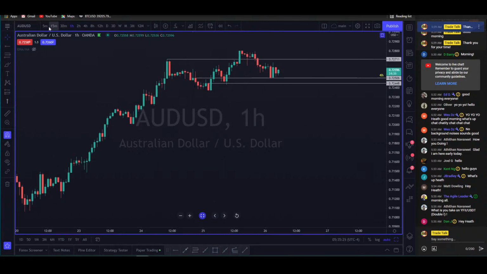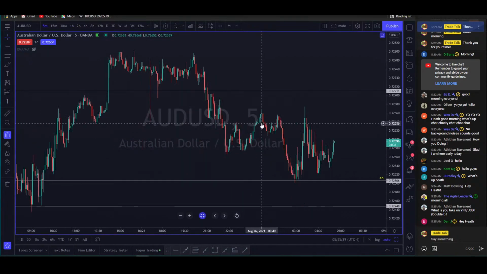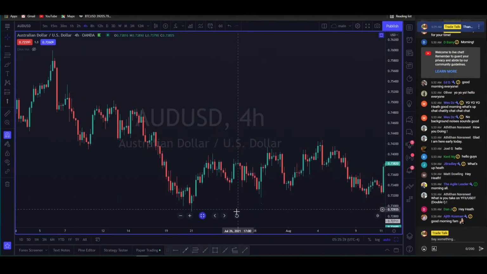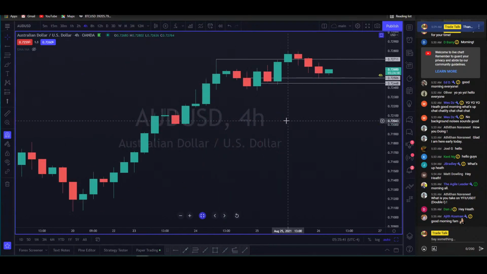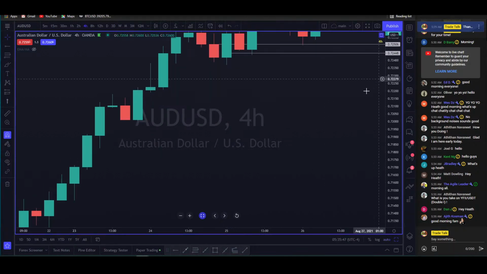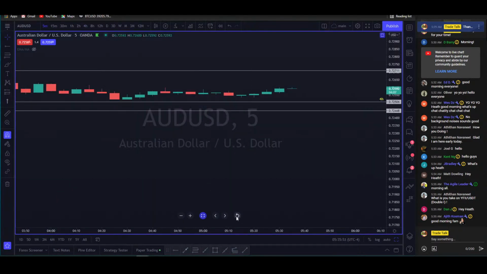So if we go into the intraday time frame, you can see this area here. This is the area of which we took that position. Here is a 4-hour level as well. If I go to the 4-hour chart, you can see that. Well, right there, right? So 4-hour, and then you got an hourly level right below you. So there's a pretty good amount of confluence sitting around this area.